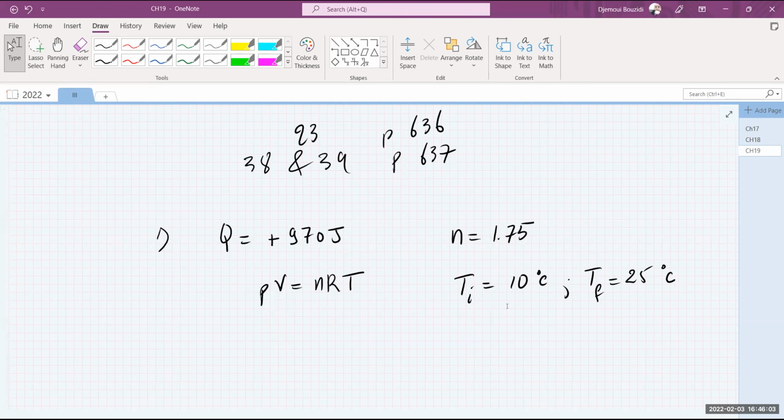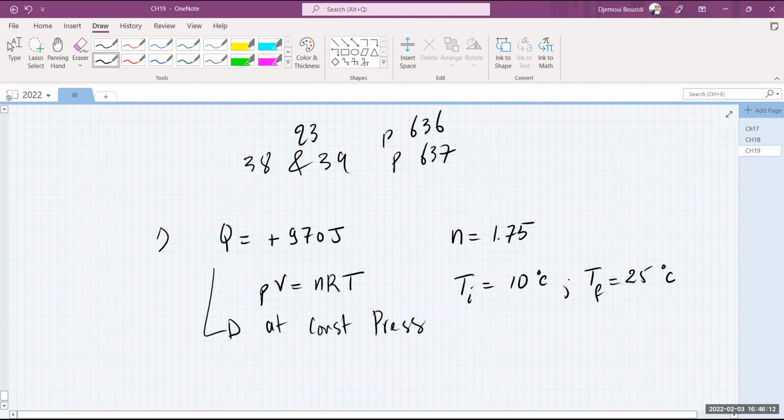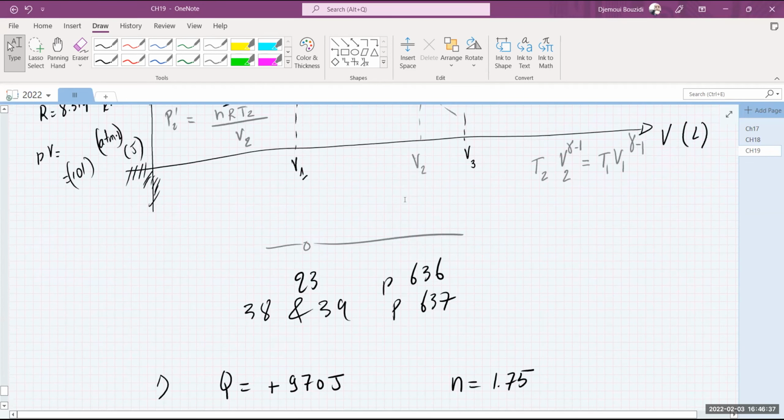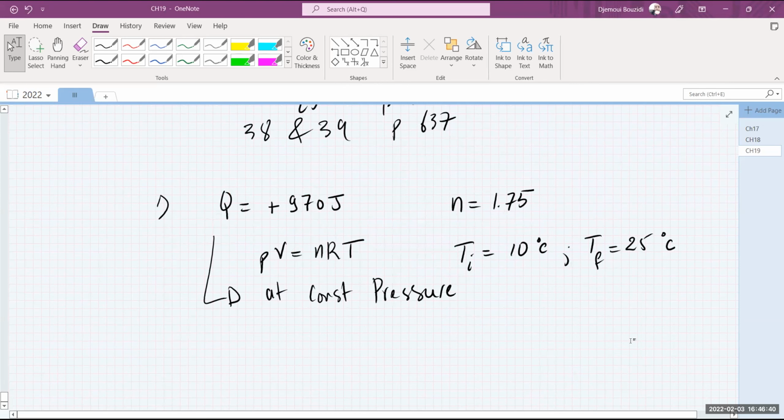At constant pressure. So this heat was added at constant pressure. So we are on this curve, here on this green line, was added to this system. Are we going this way or are we going that way? That depends. Are we reducing the volume or increasing the volume? That depends. Clearly, in order for the heat to be added, the temperature has to go up. So let's see if that's the case or not. Okay, let's see what happened to delta U. That will tell us what's going on.